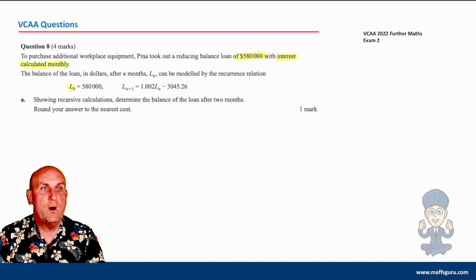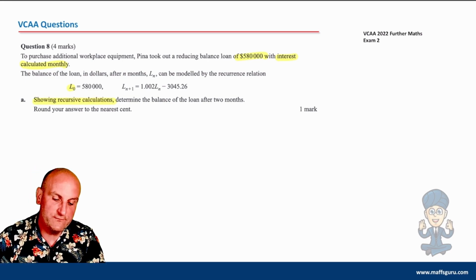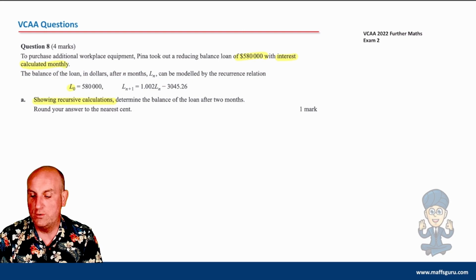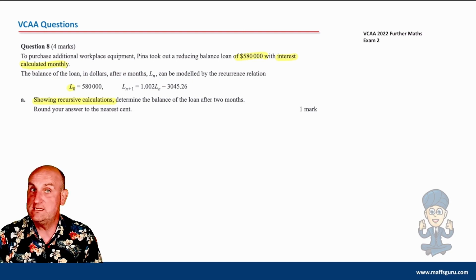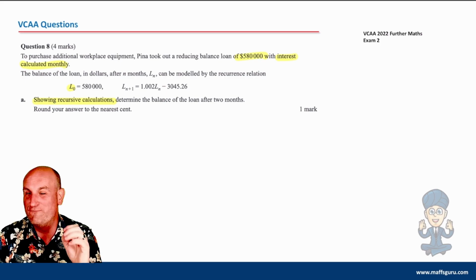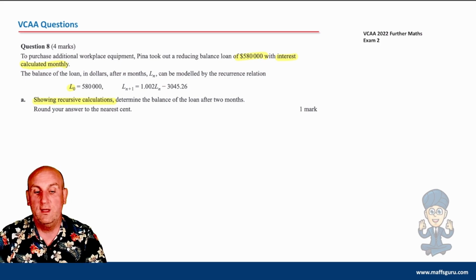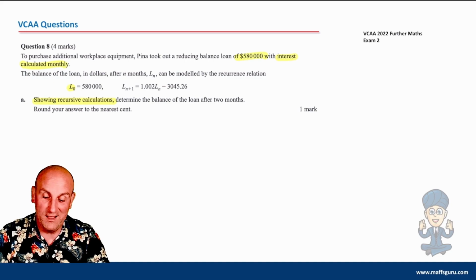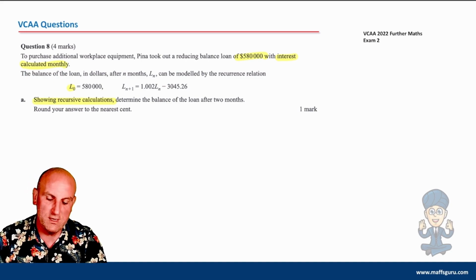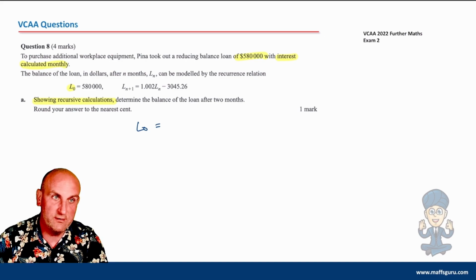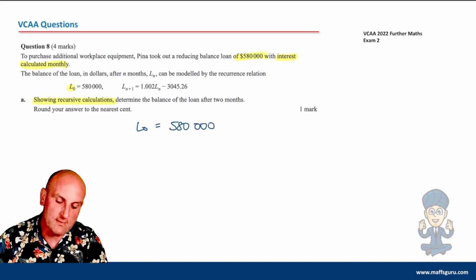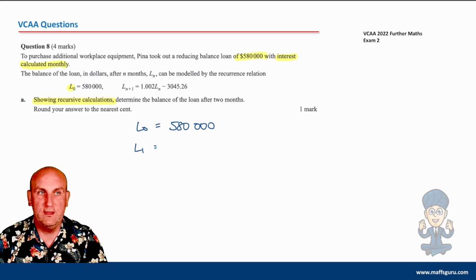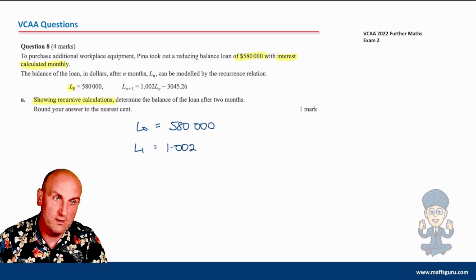Show recursive calculations determining the balance of the loan after 2 months. Now, when it says show recursive calculations, you have to show all the calculations. And again, if you're out there whinging that this is a lot of work for 1 mark, that's the way it is. VCAA questions are 1 mark, very occasionally 2 marks, and some of them will require working out. And for the data section, they require a lot of words as well. So, recursive calculations. That means they want you to write L0 is 580,000. L1, they don't want you to just write the answer, they want you to write the calculation that will get the answer. So that would be 1.002 times